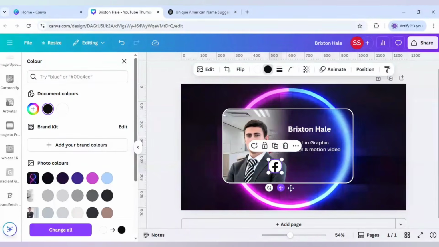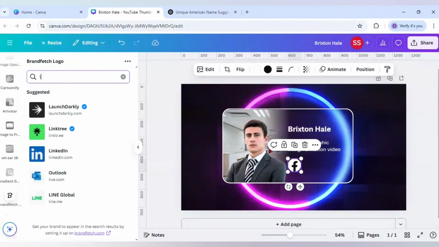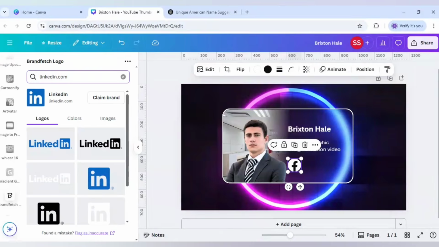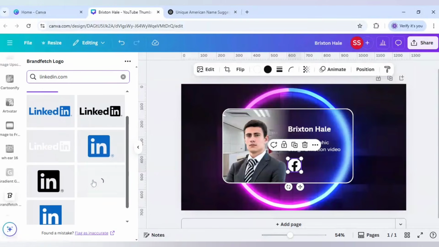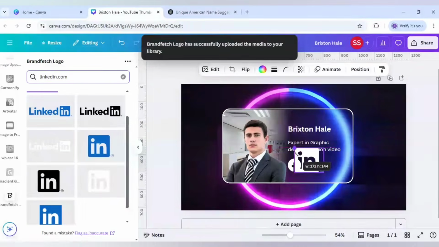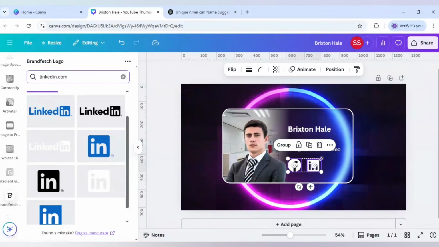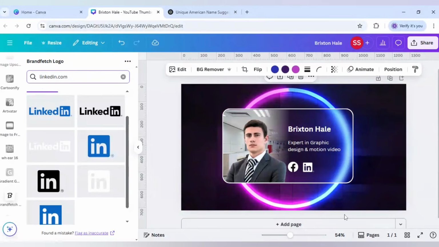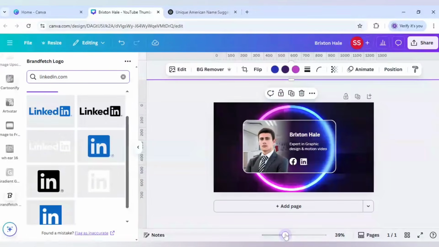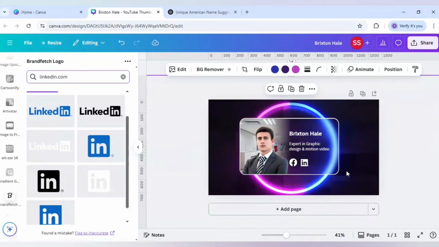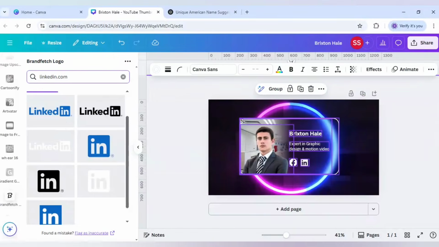Okay, and I will use it first, then I will use LinkedIn. Okay, so this is the logo, so let's use it. So these are the two icons which I can use, and let's make it a bit smaller because the big size is not looking good, and paste it right here. Okay, so this is the transparent business card design here,